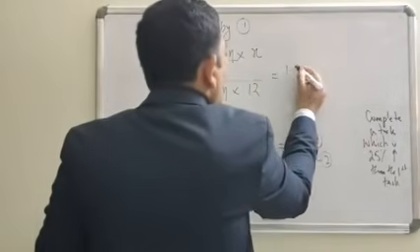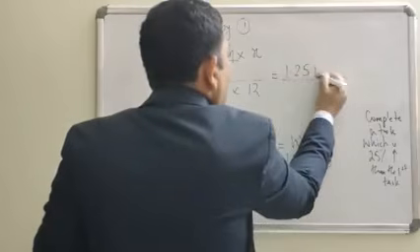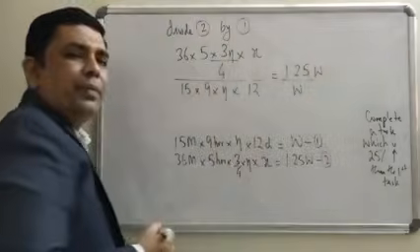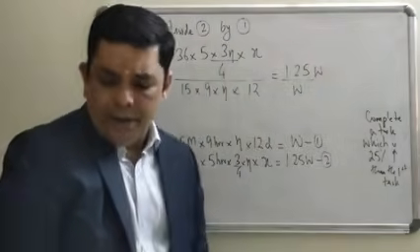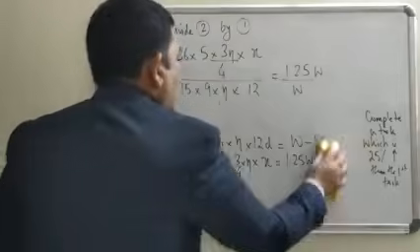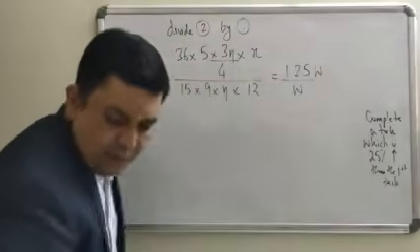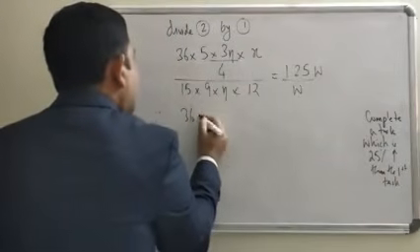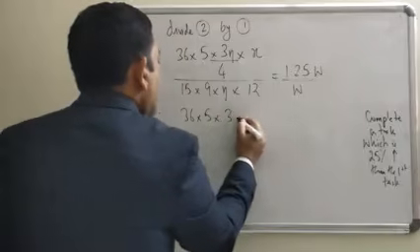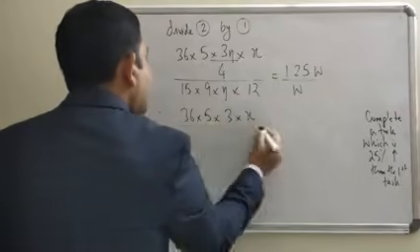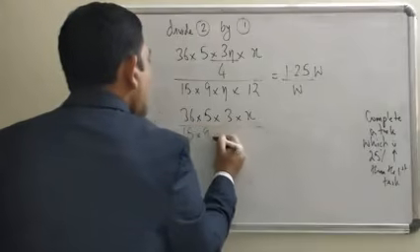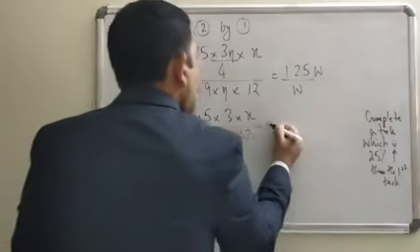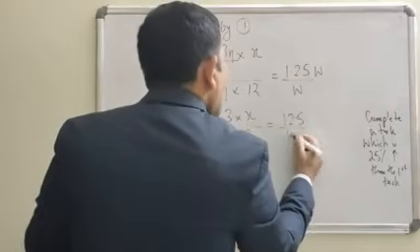This is equal to 1.25 W upon W. Correct? Not very difficult. From here, you can simply solve this. So therefore, 36 into 5 into 3 into x upon 15 into 9 into 4 into 12 is 125 by